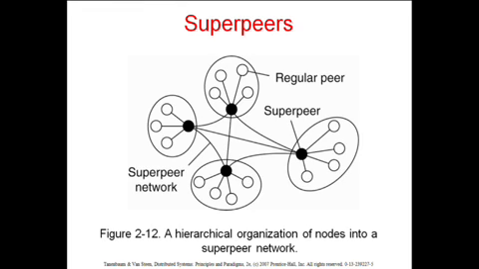Now, I want you to understand that a lot of these solutions came from the evolution of particular systems, right? So I think Kazaa initially was simply a peer-to-peer system, but then they figured out that certain people have much better computers than other people and much better network connections, which is even more important. And they said, hey, why don't we give more work to the guys that have better network connections and better computers? And that's how super peers popped up. So the super peers simply can take a lot more of the load.